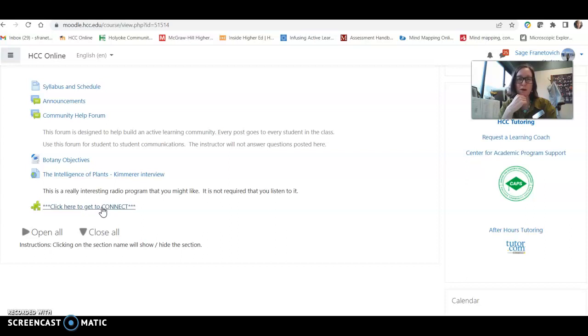So McGraw-Hill is our publisher. Connect is a learning platform that has virtual labs, the e-text, and all kinds of activities on it. The interactive e-text is really great. So I definitely encourage you to use that. There is an option of getting a hard copy of the text as well, but that's a little bit more money.